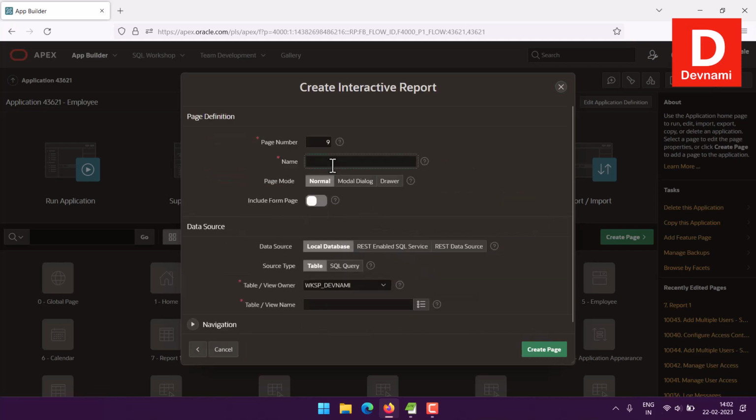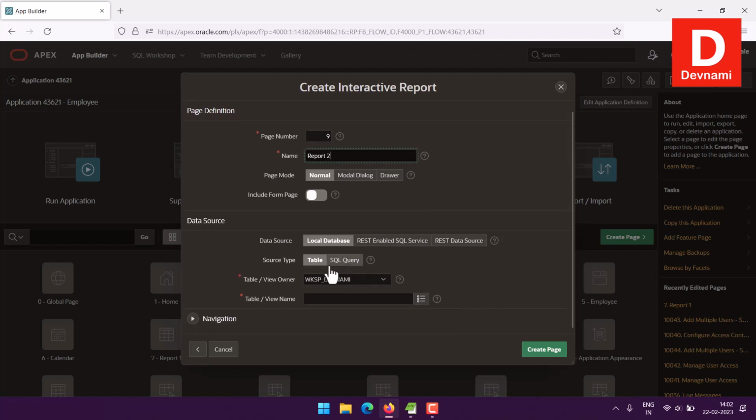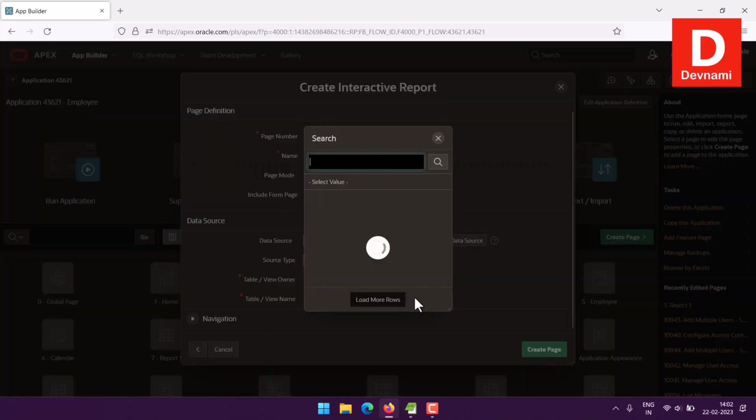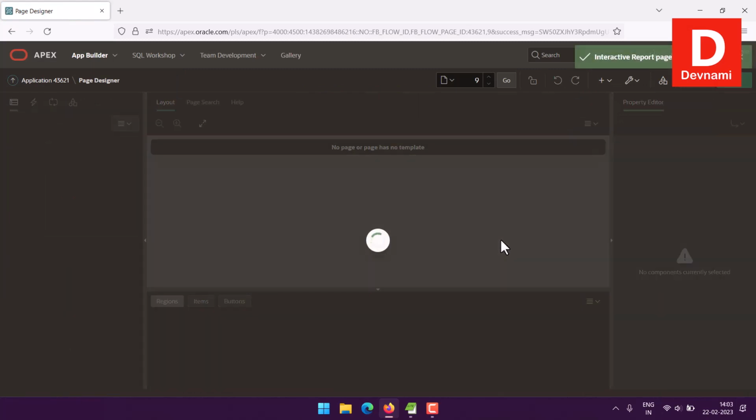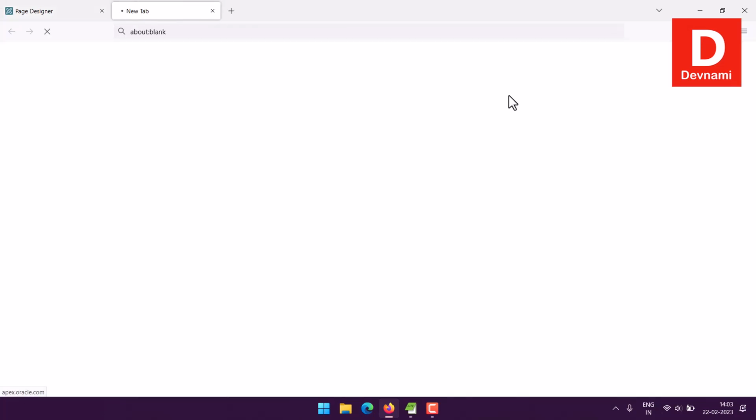So we use report 2, right? Then I can also use the REST sources, but I have local database, so I'm avoiding that. But you can use REST sources, right? So let's choose our table, create page, right? You can choose the modal dialog or some other options at the time of creating that page. Now if I click on the button play, it should give you the new tab,